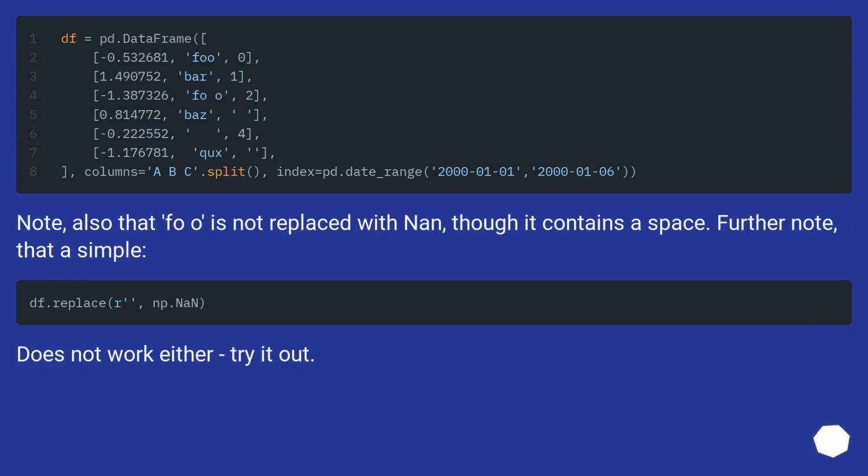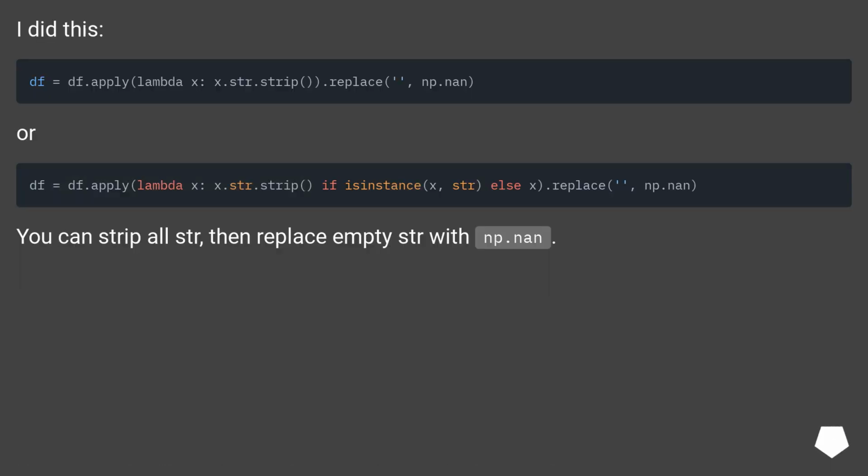Further note that this simple version does not work either, try it out. I did this.